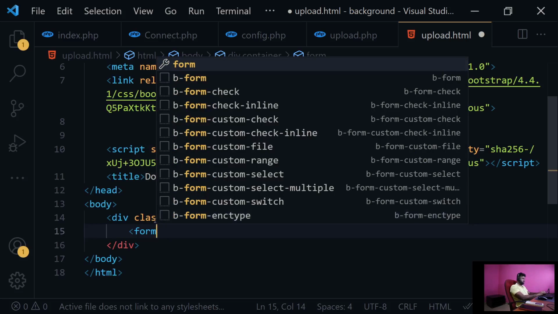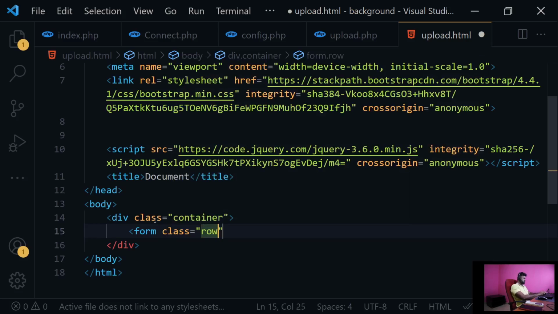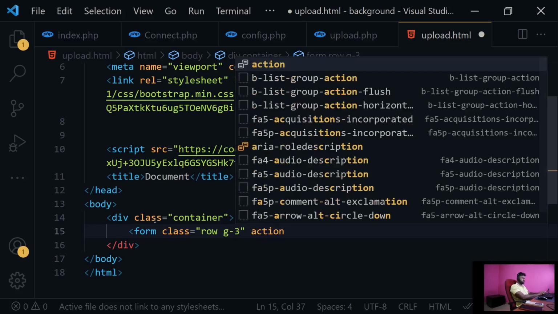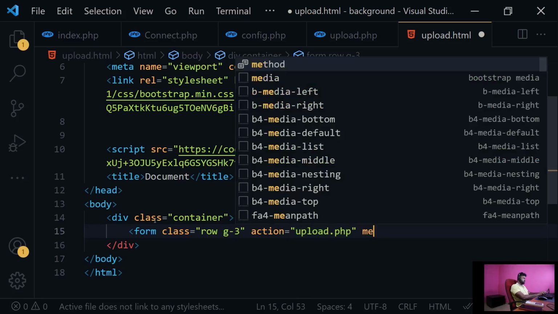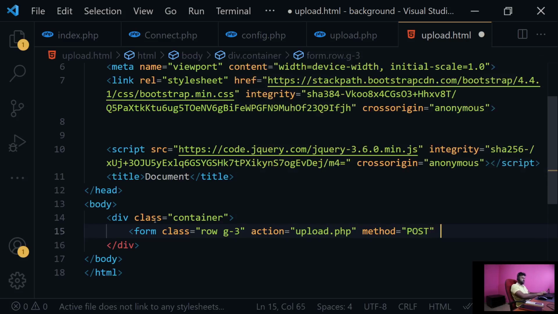Within the form, let's add the Bootstrap class row g-3, and action as upload.php, and method is post, and